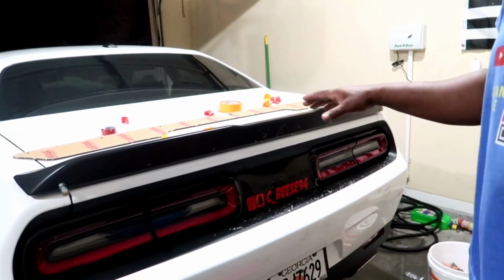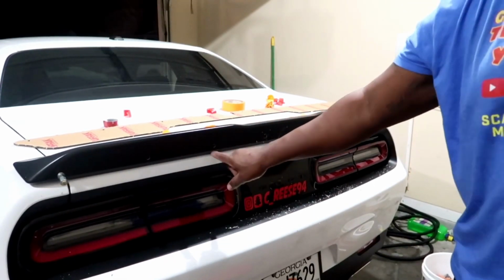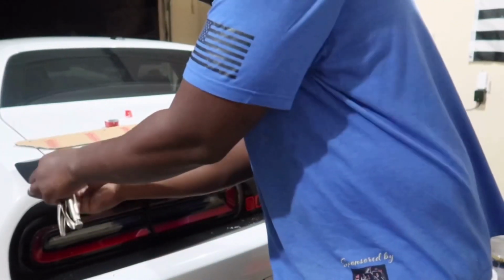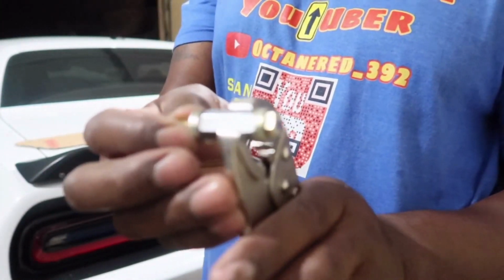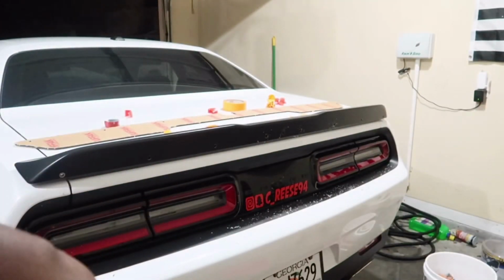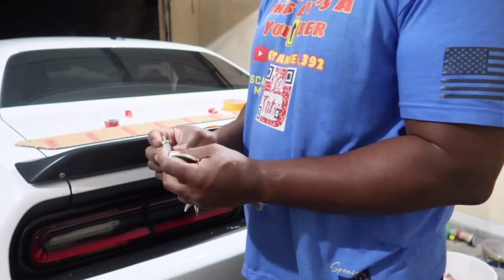All right guys, so I've drilled the pilot holes and the actual holes for the rivnuts. So the kit comes with this tool right here, where you can use grip pliers if you don't have a rivnut tool like this. So I'm gonna show you how to use this tool,